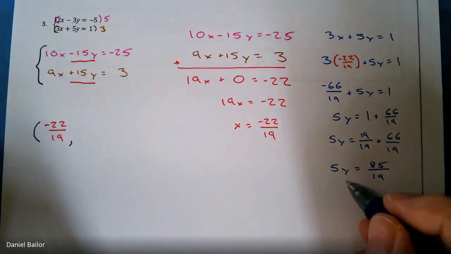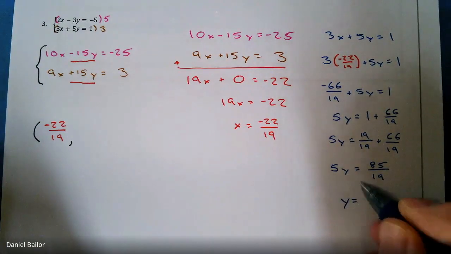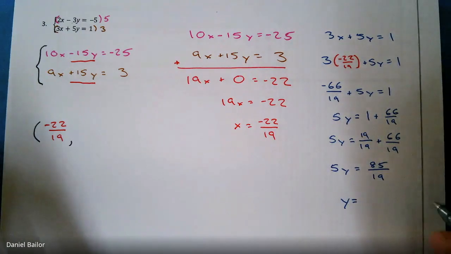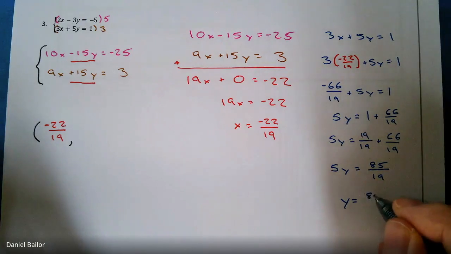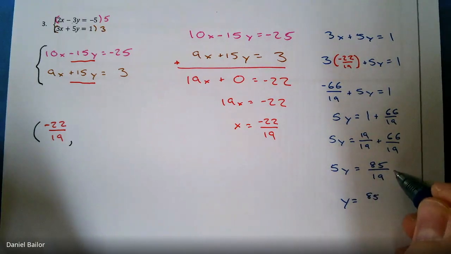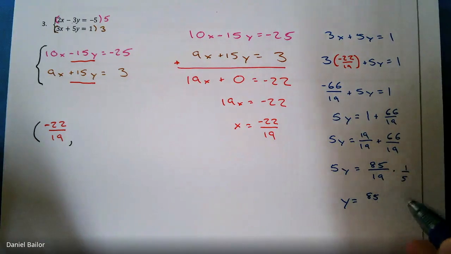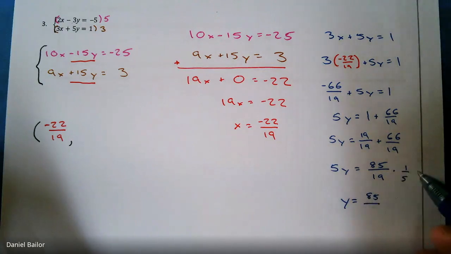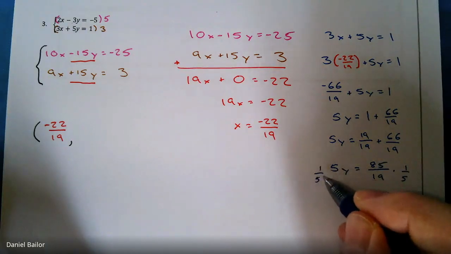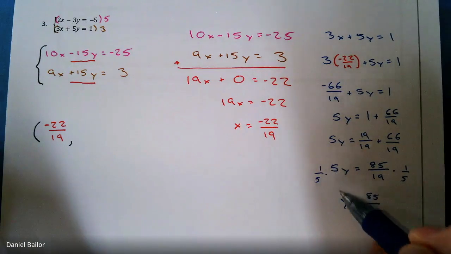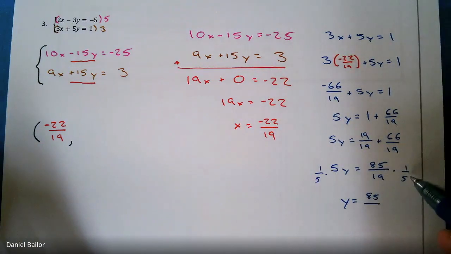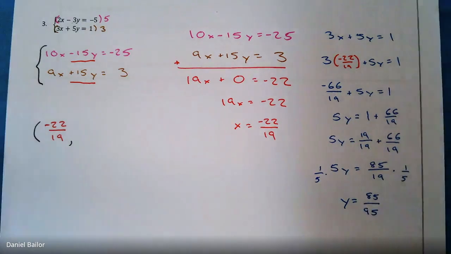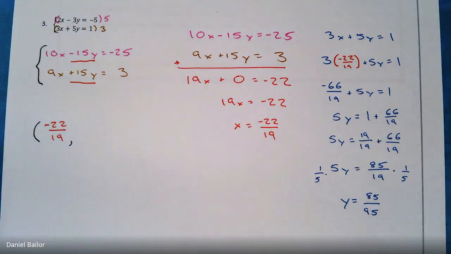And then I don't want 5y, I just want y, which means I need to divide by 5. 5y divided by 5 is y, but I need to divide by 5 on both sides. So that's divide by 5, or it's the same as multiplying by 1/5. If you talk about dividing fractions, you multiply by 1/5 on this side, you multiply by 1/5 on that side. 1/5 times 5 turns into 1, but I have to do the same thing on this side. 19 times 5 is 95. So I get 85 over 95,